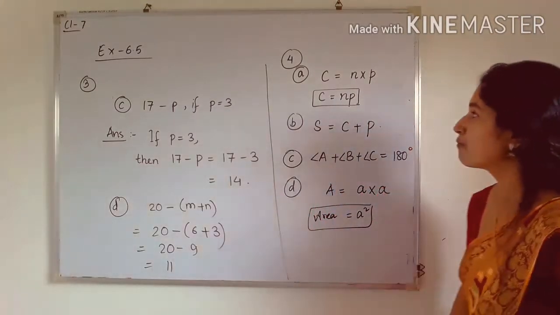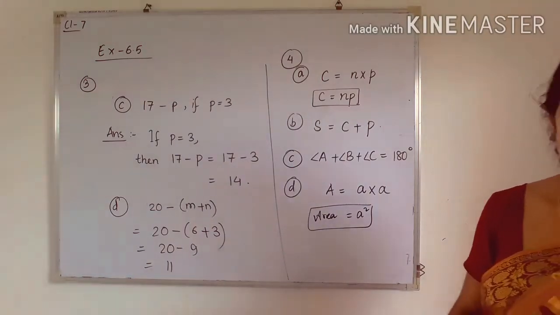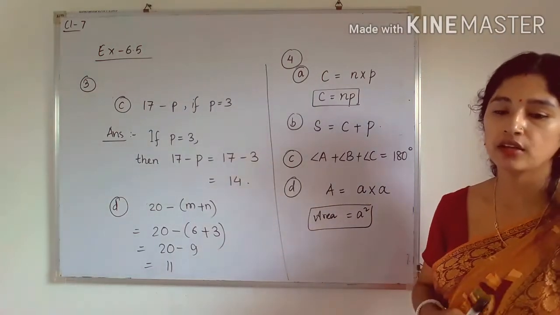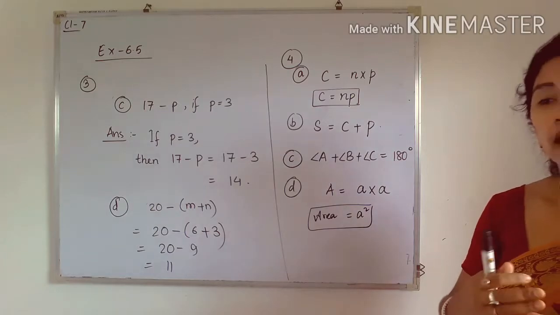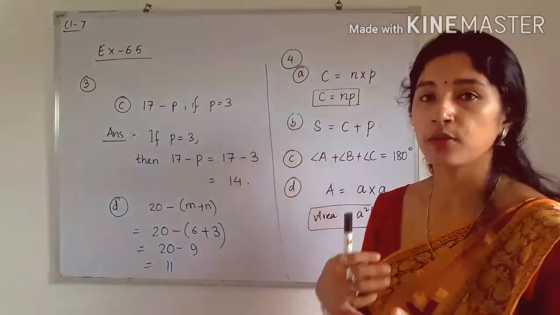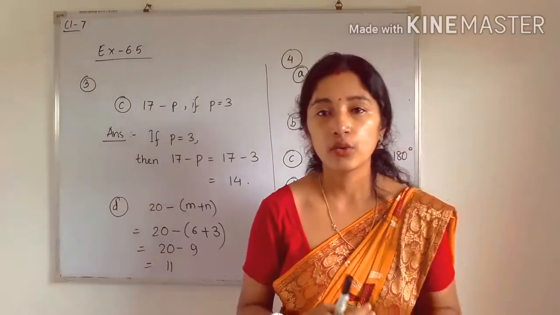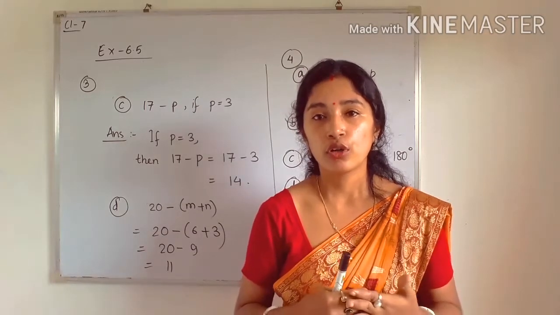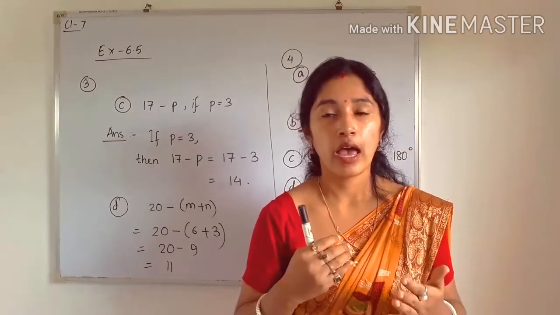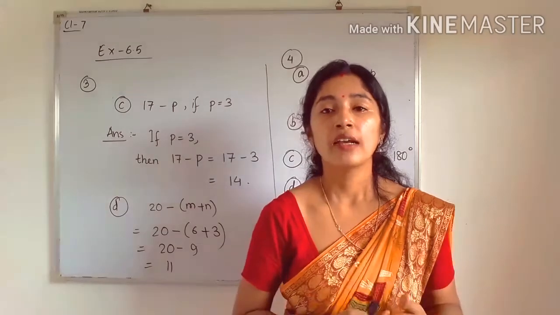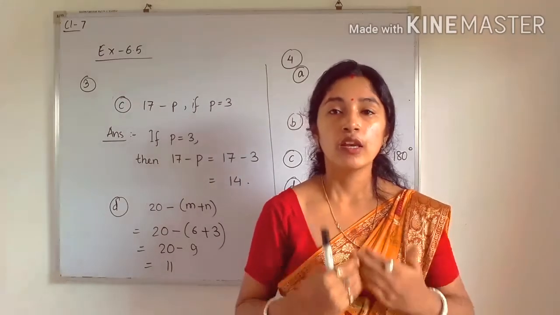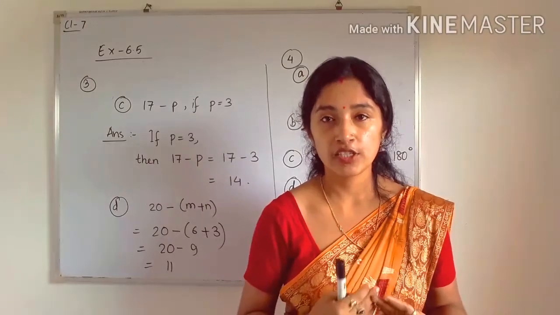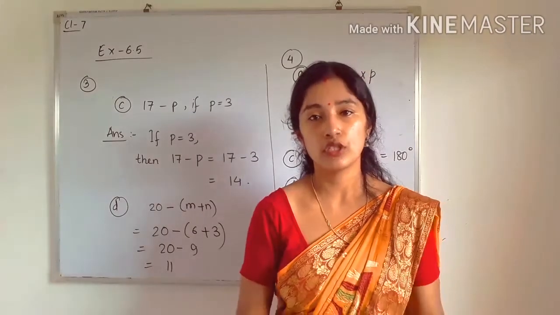Next is number 4. Here you have to use the formula which is already given in the question. So you have to make the formula in algebraic expression form. So in algebraic expression, what do we have to use? We can use literals. What is the meaning of literal? Already I told you, that is alphabets, arithmetic operations and constants. Okay, so we will form an algebraic expression according to the condition which is given.